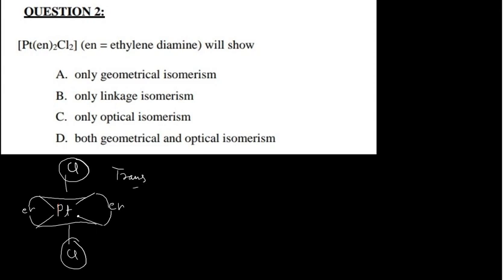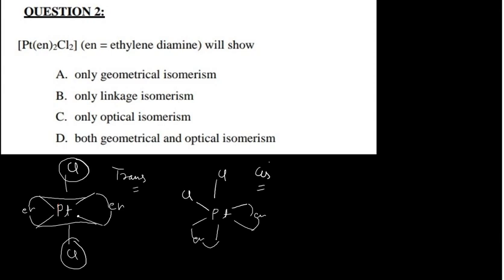It's a trans isomer. If you want to draw this structure again, what you will do is make this octahedral complex in that manner, and now place two of the chlorine at 90 degrees. And when you have put these two chlorine at 90 degrees, then obviously your ethylene diamine will go in the other positions, at 90 degrees, and here also they are at 90 degrees. So this is the cis isomer.